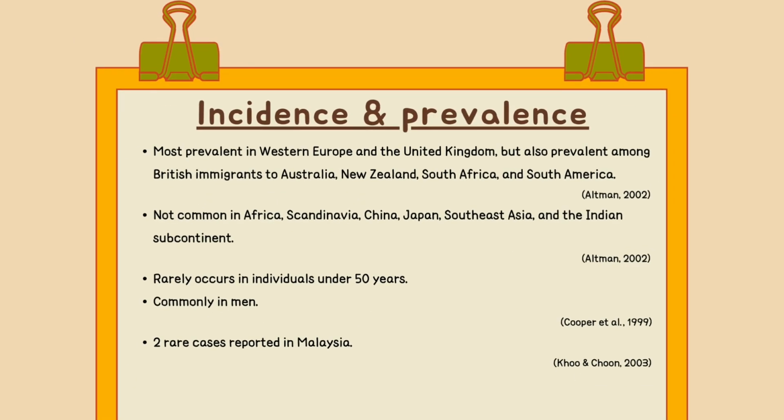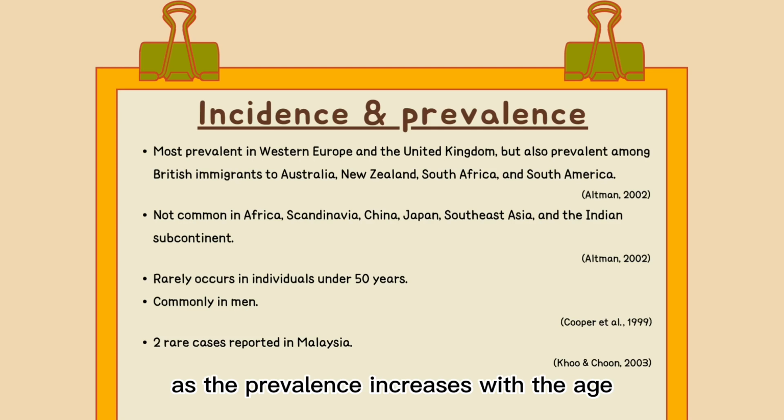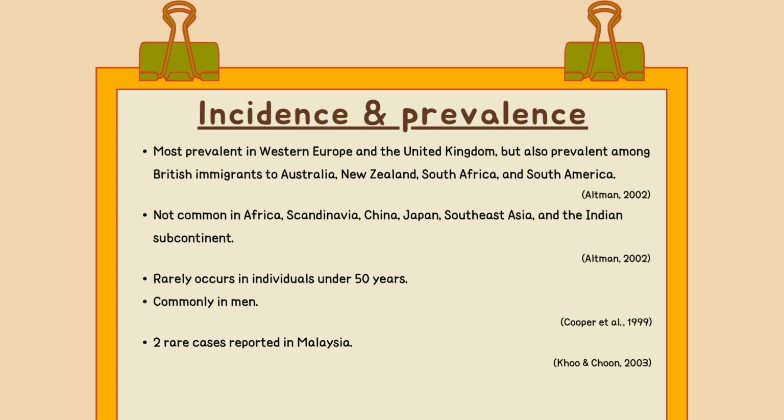For incidence and prevalence, Paget's disease is most prevalent in Western Europe and the United Kingdom, but also prevalent among British immigrants to Australia, New Zealand, South Africa, and South America. This disease is uncommon in Africa, Scandinavia, China, Japan, Southeast Asia, and the Indian subcontinent. It is rare to see Paget's disease in an individual under 50 years old, as prevalence increases with age. This disease commonly occurs in men rather than in women, and in Malaysia there are 2 rare cases reported involving